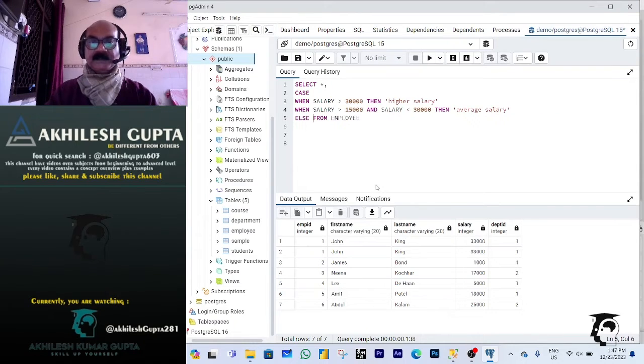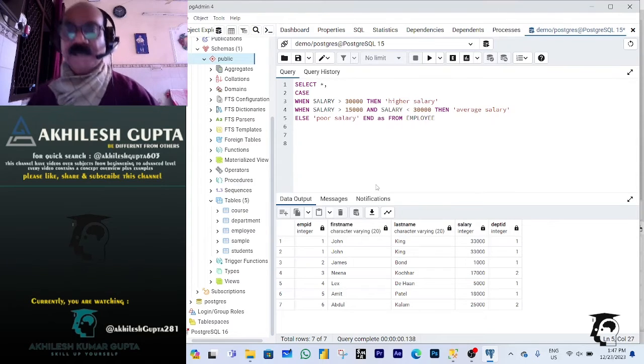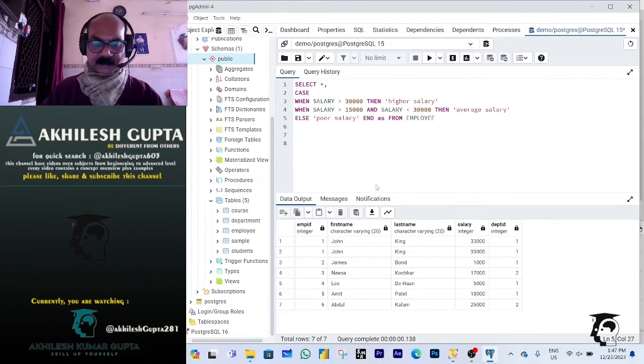Else poor salary. And I am giving the column header as salary category